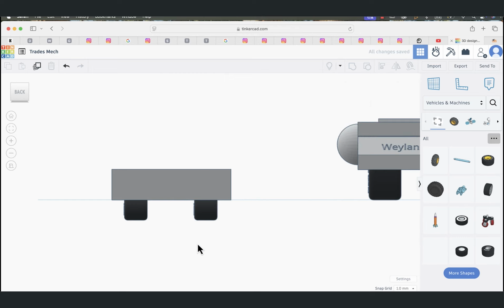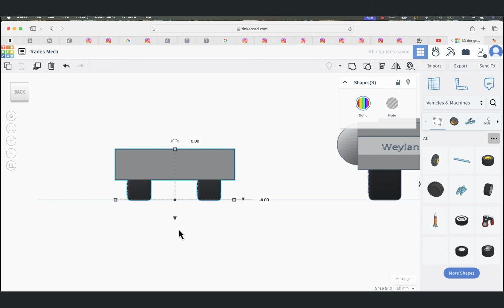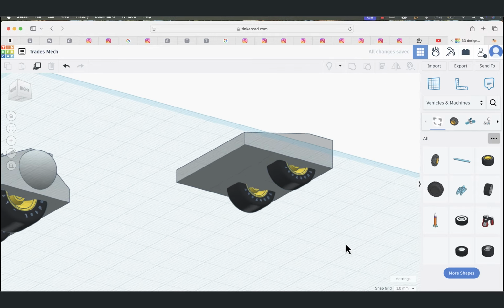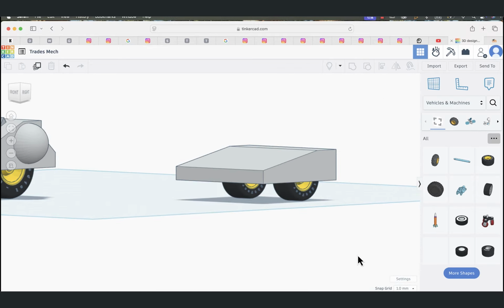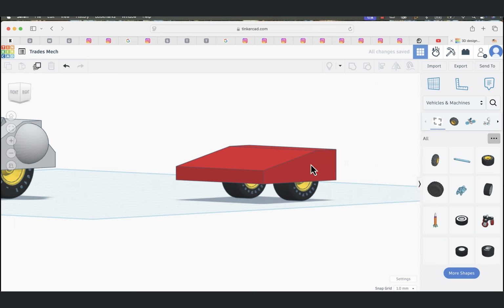and I can put the other wheel over. I can grab all of this and move it up so it's on the ground plane, and spinning it back around, I can see what's happening. So this idea of kind of grouping things together, I can change the color if I want,